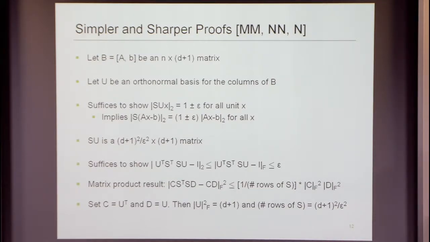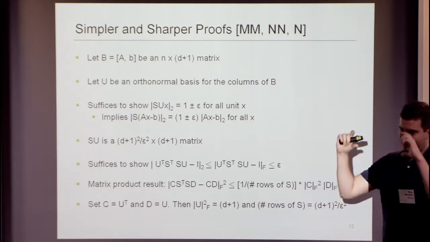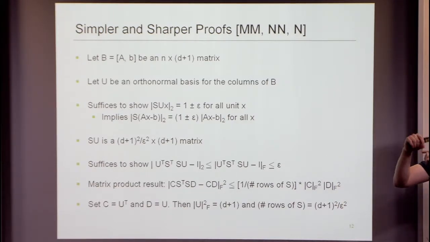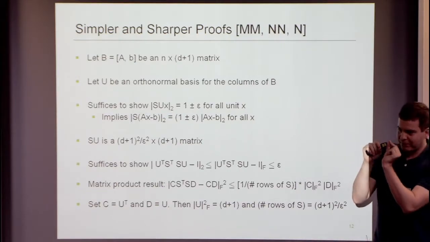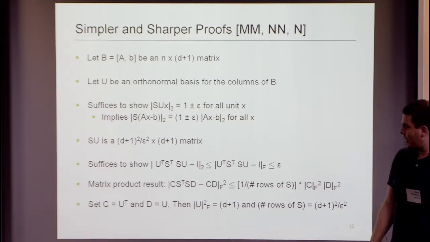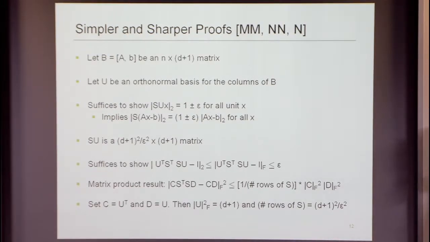The fact is that S just has a single non-zero entry per column, so you don't get any scaling. Like if you had a Gaussian matrix, you'd have to scale each entry so that 1 over the number of rows would be the new variance. But here, you just have a single non-zero entry per column, right? Does that make sense? If you have k non-zero entries per column, you scale them by 1 over root